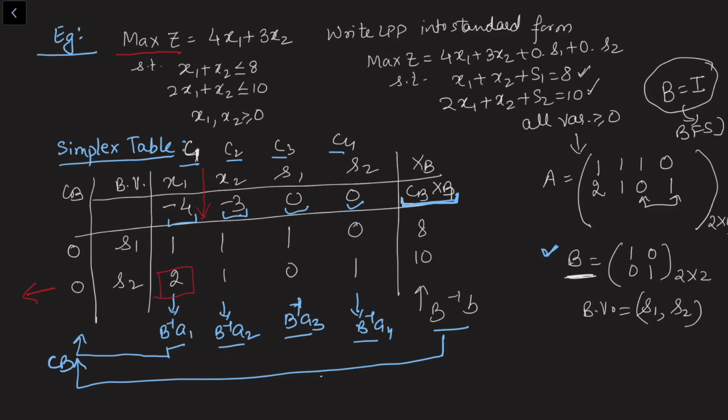So one of the key things in the construction of the simplex table is B inverse. If this B inverse is different from the identity 1, 0, 0, 1, that is, it is not an identity, then we have to find out separately what this B inverse is. This is of course a non-trivial matrix. Then using the formulas we can always fill out this table, but in the simplex method we always tend to start from the identity matrix.